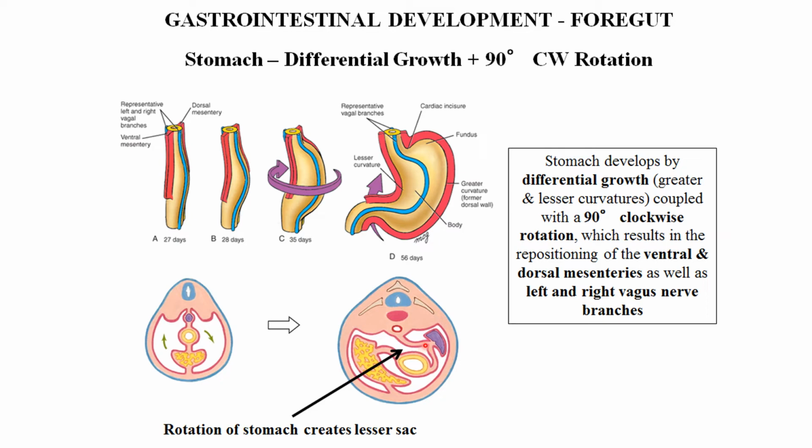Now in the region of the dorsal mesogastrium, in the region of the fundus, the spleen develops in the dorsal mesogastrium, and because of that the single peritoneal portion is now divided into two, forming the gastrosplenic and lienorenal ligaments. Between these two ligaments there is a recess, known as the splenic recess.